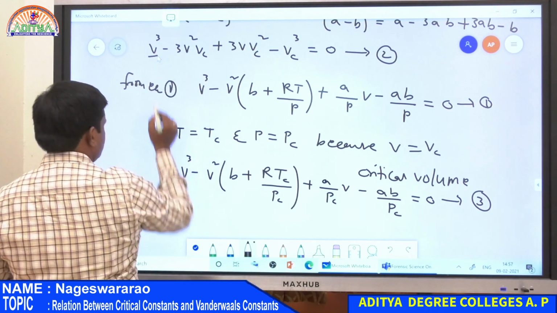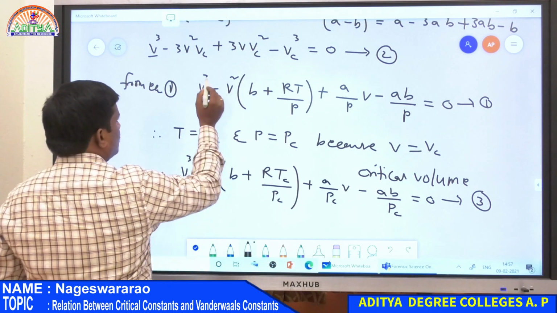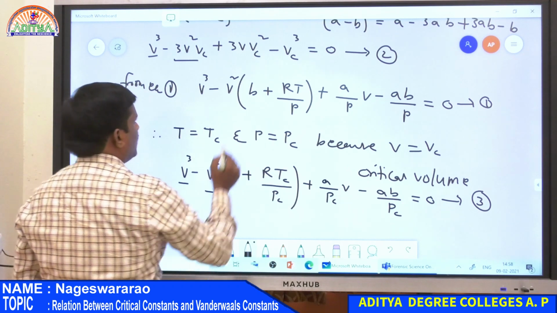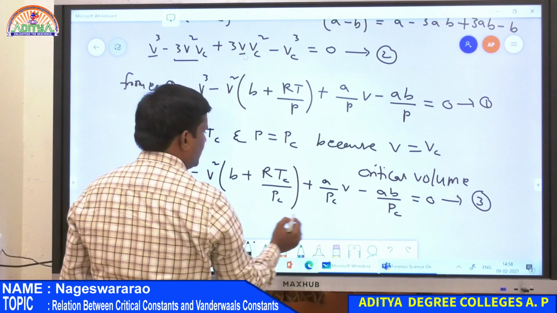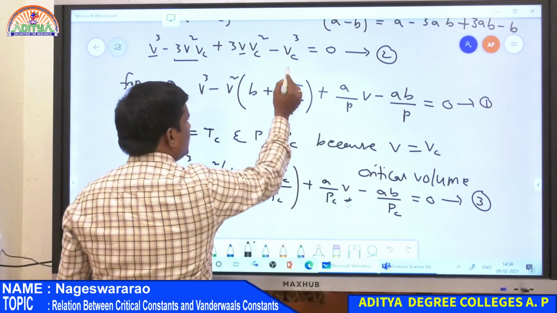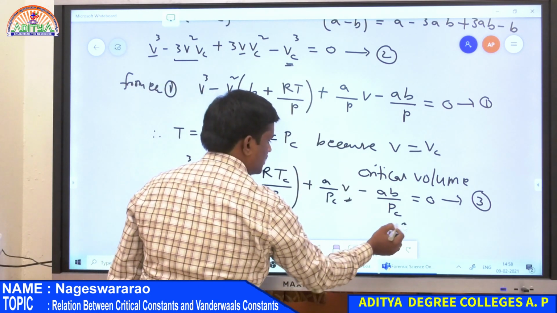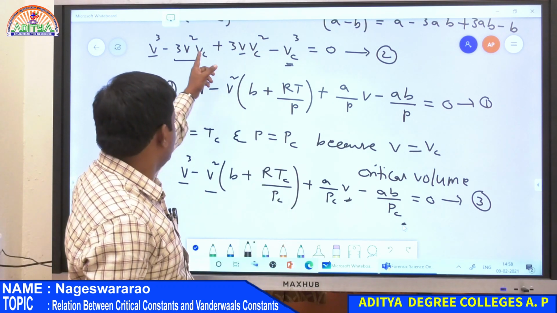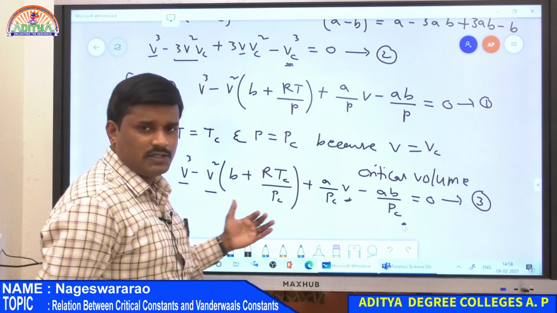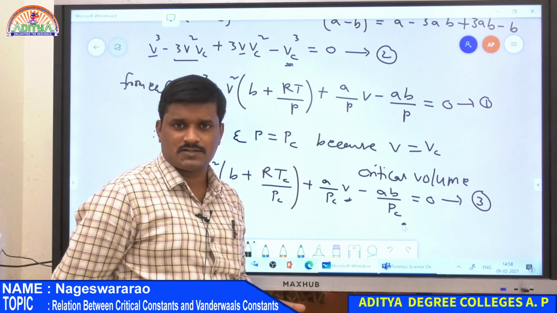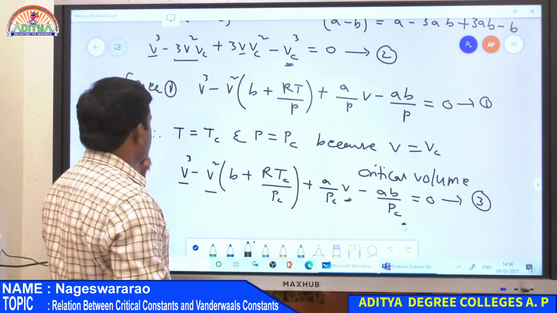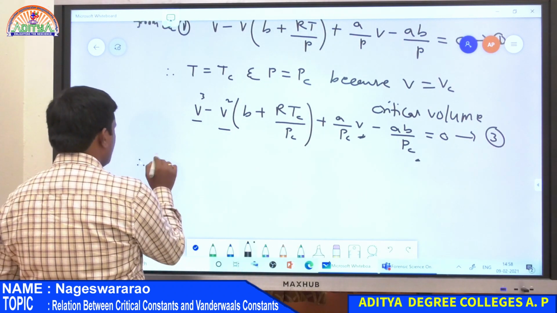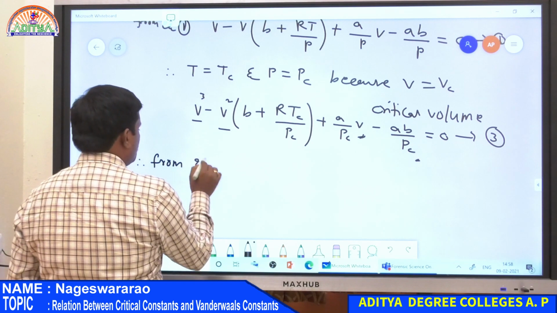So, V cube term, again V cube term, here V square term and this is V square term, and then this is a V term, again in this equation we have the V term, and finally constants. So, both are similar equations in terms of volume. Therefore, both are the same equations, which means the coefficients of these equations are similar. Therefore, from equations 2 and 3,